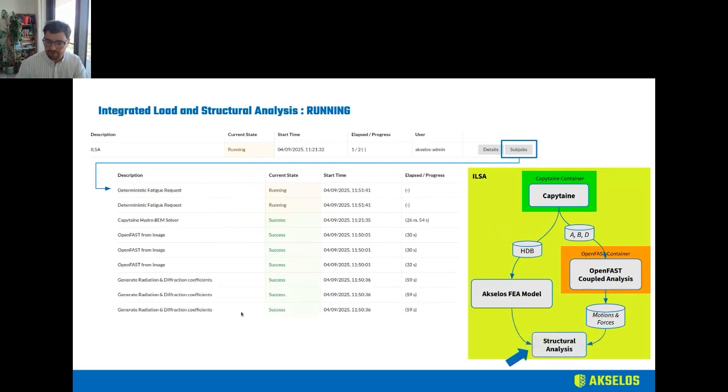And then finally, the final step, and that's the structural analysis. So the FEA model is ready. We've taken all of the inputs, all the outputs from the previous solves and mapped them onto the FEA model. And now we can actually run